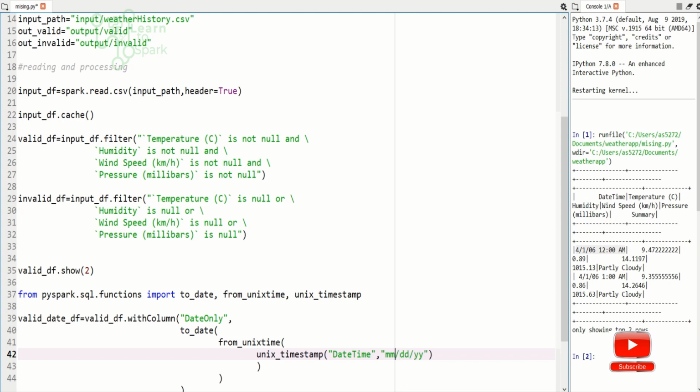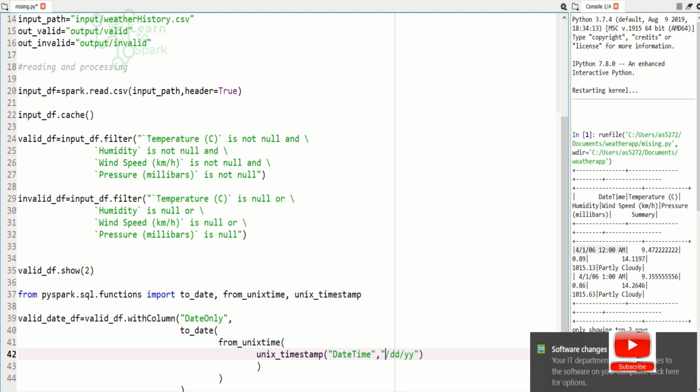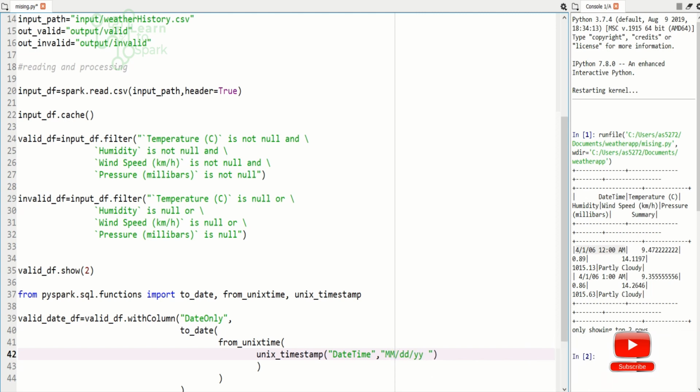So our date column is MM/dd/yy, and it should be hh:mm, and since we have AM or PM, I have to give it as a, small a, and we need to apply a cast operation, TimestampType.